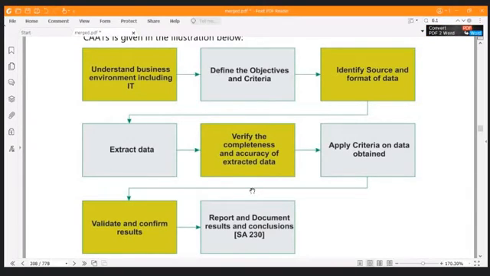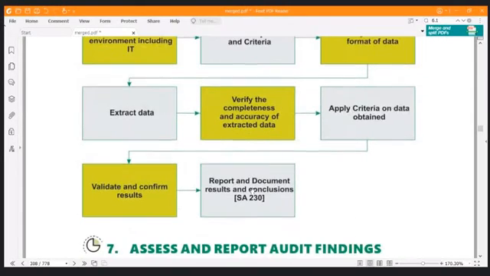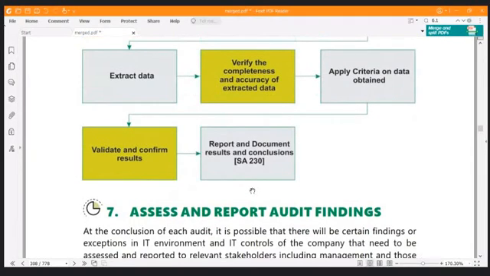Then you extract the data from the accounting software, then verify the completeness and accuracy of extracted data. That's what I was talking about, data cleaning. We need to check whether the data is complete and accurate. Then apply criteria. That is, once you upload, the samples can be generated. Those samples you validate and confirm results, that is, whether the samples and the physical documents, physical controls are matching or not. And then whatever your conclusion, whether it is matching or mismatch,